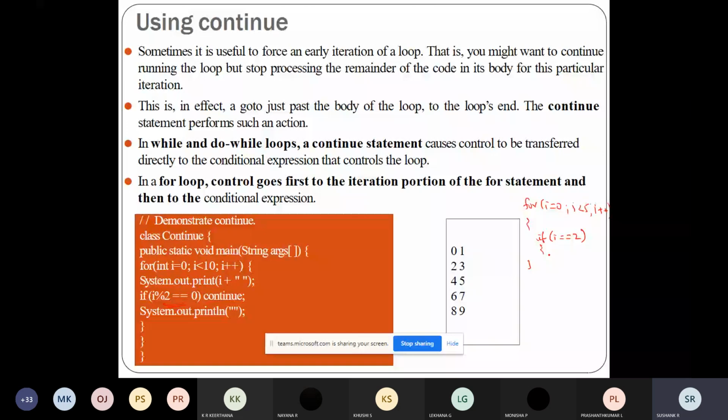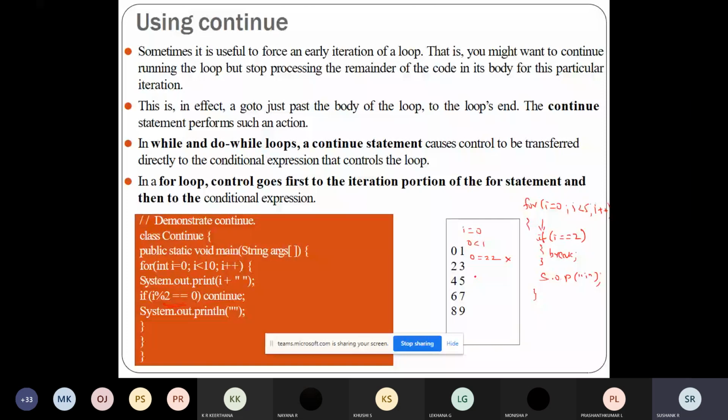So how it will work: the first time I will be 0, then 0 less than 5, it will come inside this loop, then 0 equal to 2 will be false. So I'll write one print statement, System.out.println, and I will print the value of I. The first time the value of I is 0.